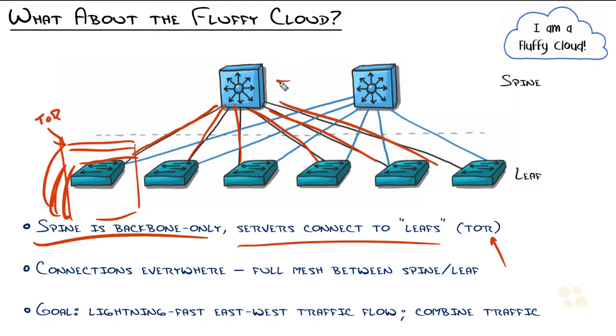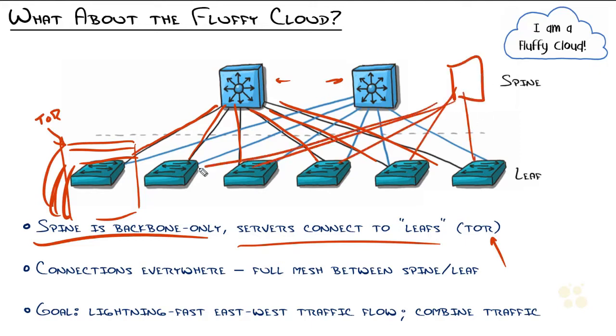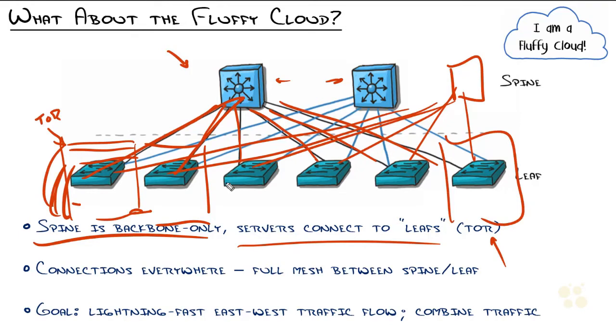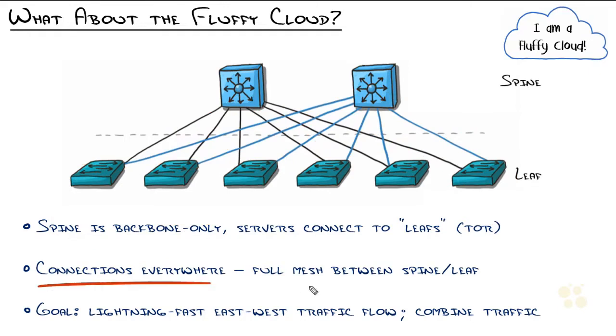These guys are not directly connected. And if we added another spine switch, it wouldn't be directly connected anyway. It would be connected to all of these guys. They all are a single hop away from each other. If the server in this rack wants to access a server in this rack, how far does it have to go? Bing, bing. One trip to the spine and back down, you're there. What about the server in this rack to access this rack? Bing, bing. One trip. See, this is the key with the spine leaf architecture, is you've got connections everywhere.